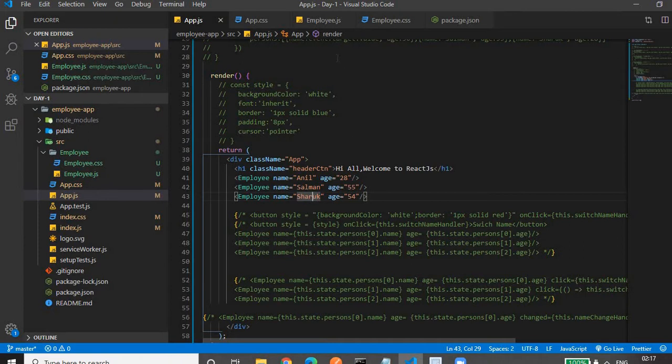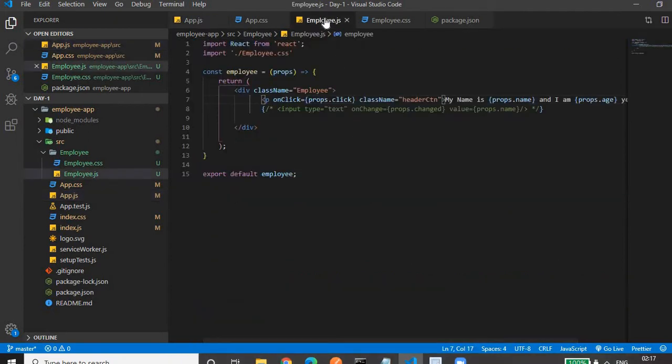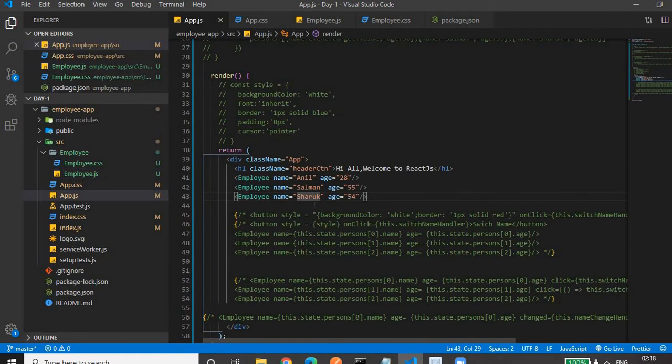In the employee component, which is a functional component, it will receive a parameter props, and this props is an object that contains all the properties that we have sent from the parent component. So using props we can send data from parent to child.